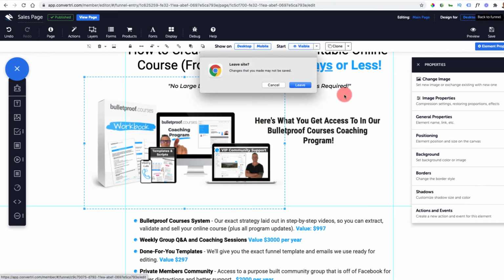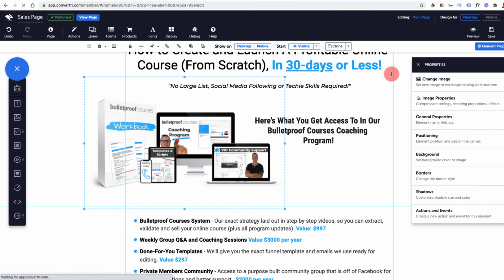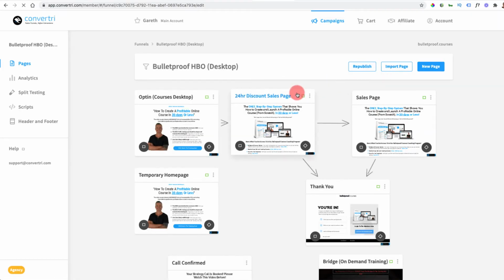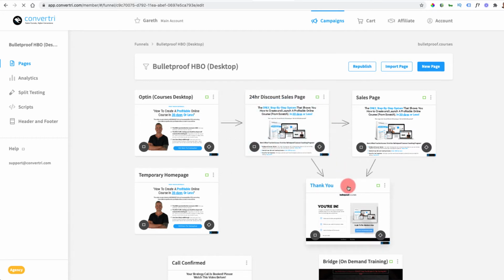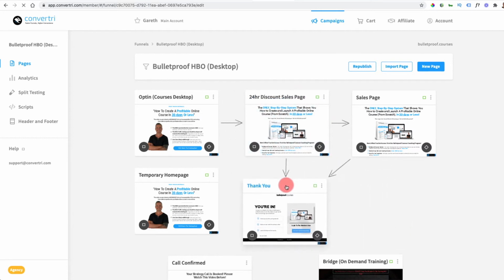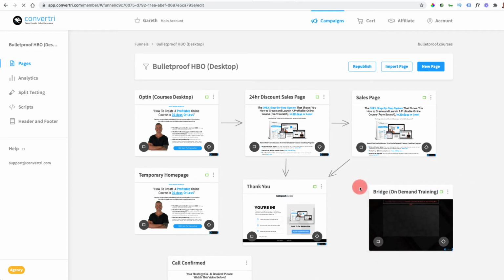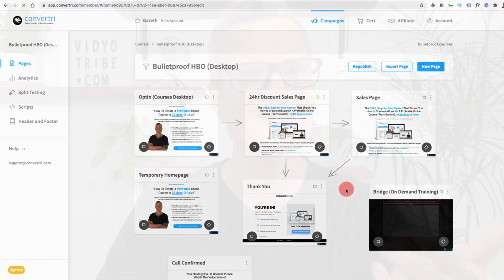So when I close this down, you will see that you've actually also got this builder side here where I can just drag things around to move things, pages that I want to have live. I can republish, unpublish. I can edit pages and save them, where I remember in ClickFunnels, you used to only be able to publish a page. So if you wanted to save what you were doing, you had to publish it,